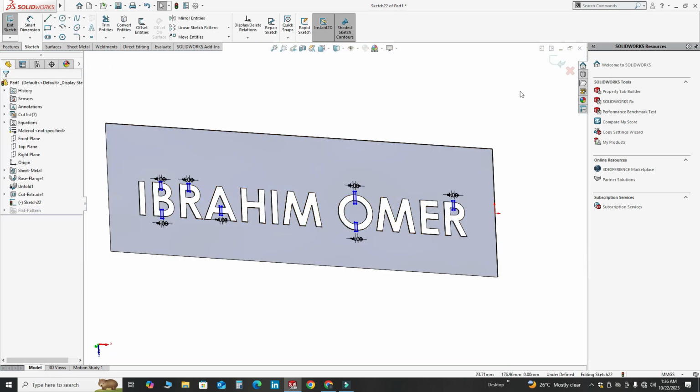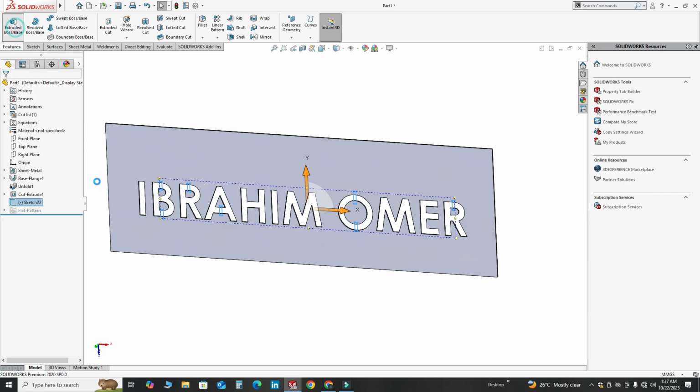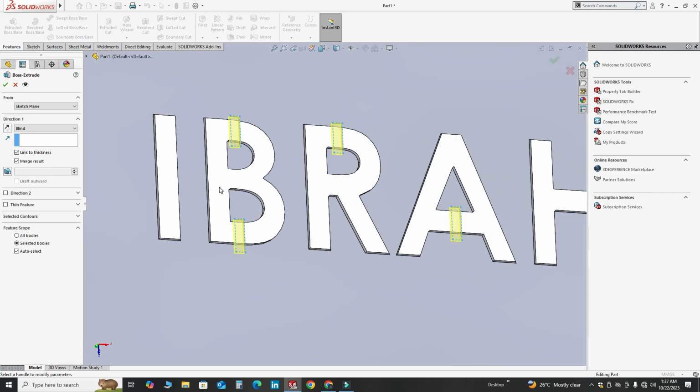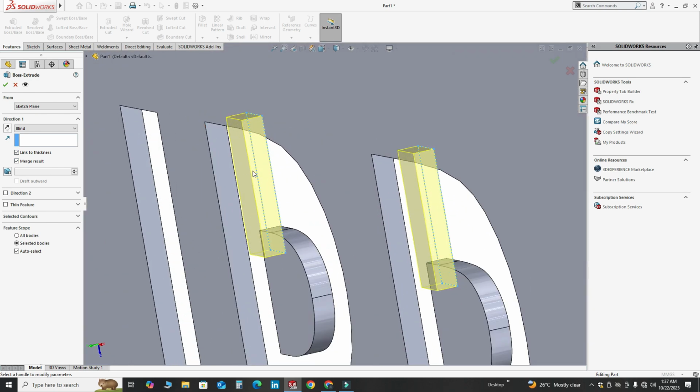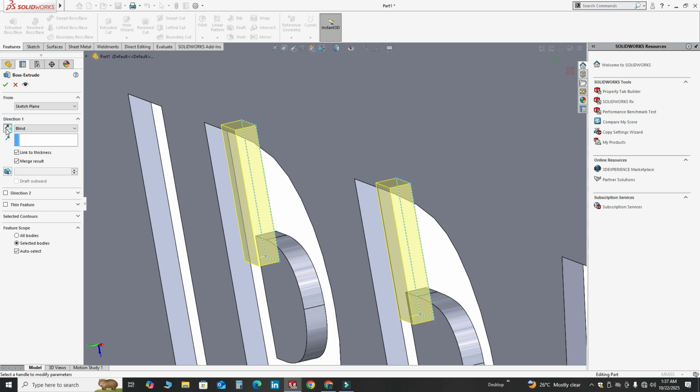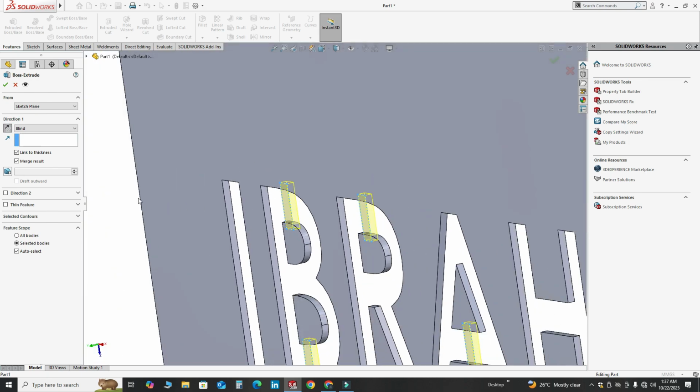Now I will exit this sketch, and I'll go to here features, extruded boss, and I will extrude this link to thickness, which is 2 millimeters. You can see this is not the correct direction, so I will flip this direction. That's correct.